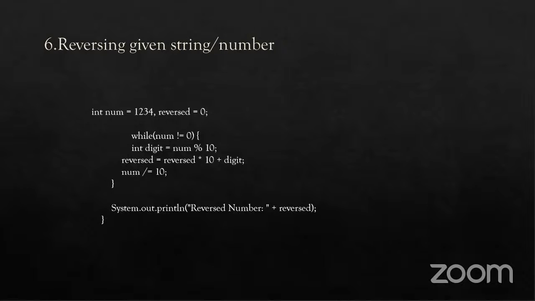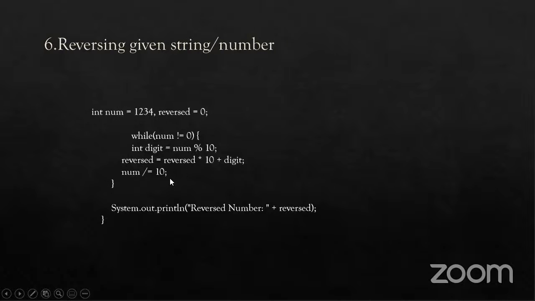So here, if we are given the number 1 2 3 4 5 6 and we need to reverse that number, how to do it? Here we can use a while loop. Again, we can use a for loop also. We can use a for loop or a while loop, anything we can use for reversing. So, while